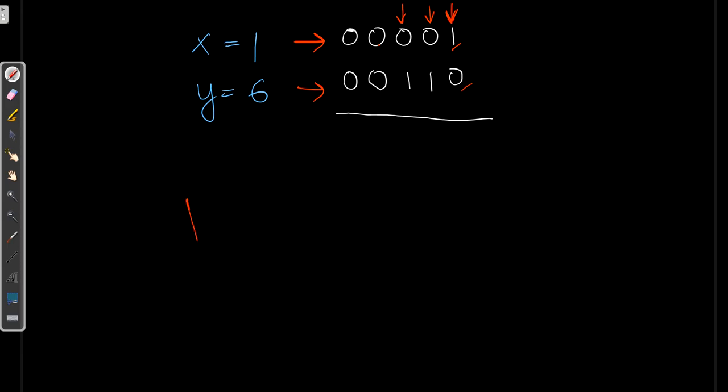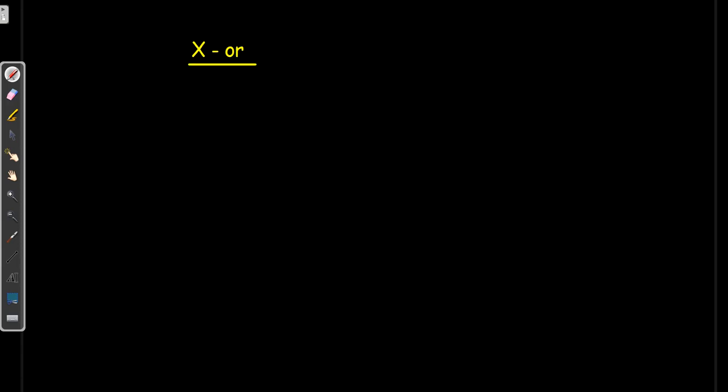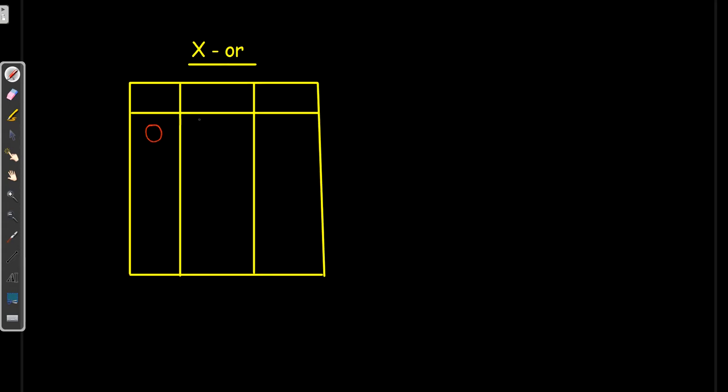So if we are looking for different bits, whenever we think of different bits, suddenly XOR clicks in our mind, because XOR returns 0 for the same bit, but for a different bit it returns 1, whether it is 0, 1 or 1, 0.